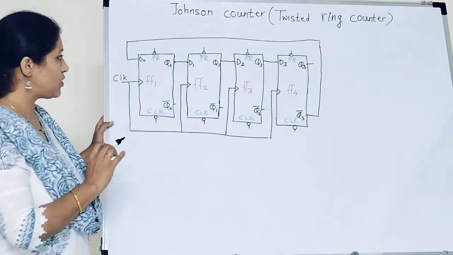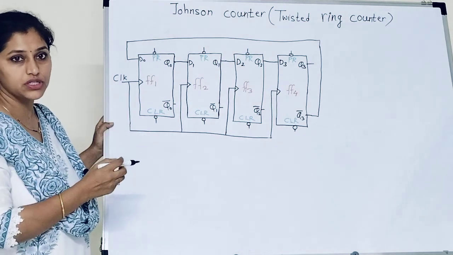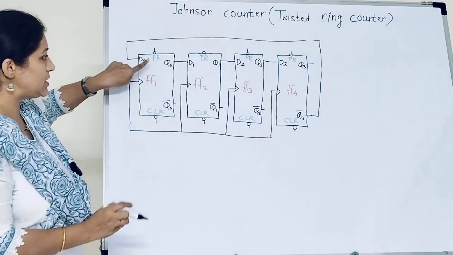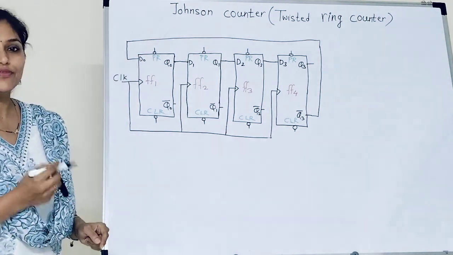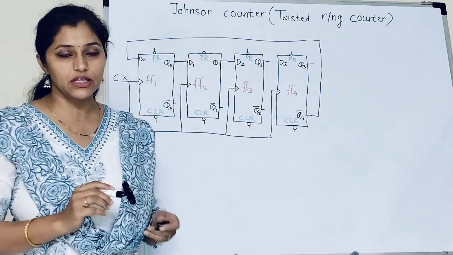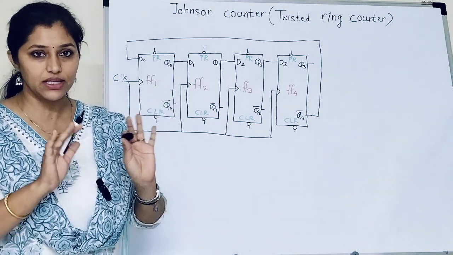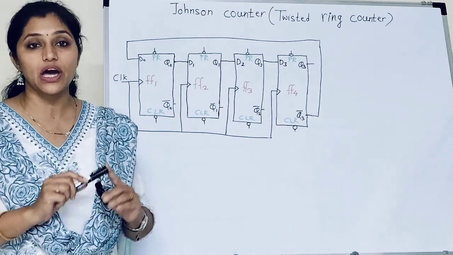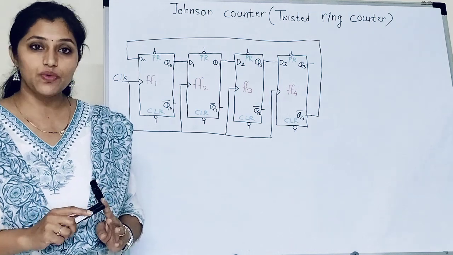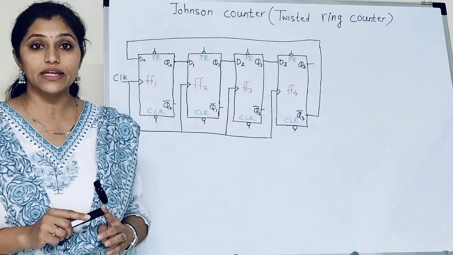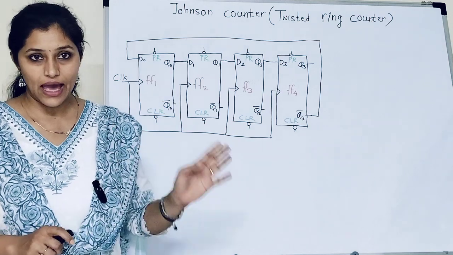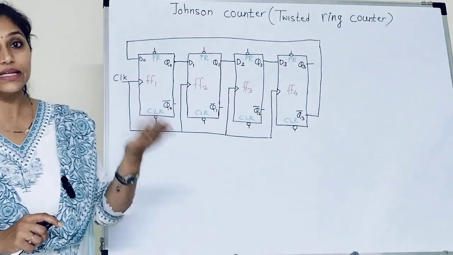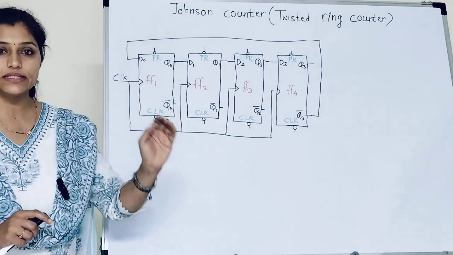Then in every flip-flop there is data input, there are 2 outputs Q and Q bar, and also there are 2 more inputs, preset input and clear input. In few applications we don't consider preset and clear, we only connect them to VCC so that they remain disabled. You need to remember preset and clear both inputs are active low inputs. It means when we connect 0 to them or when we connect them to ground, then only they'll act. So preset means it sets output of flip-flop to 1, and clear means it clears the contents, it makes output